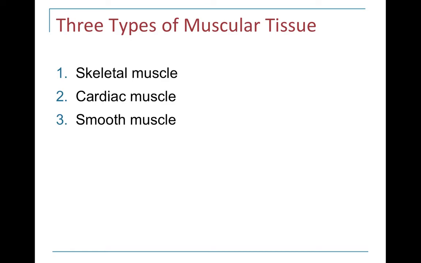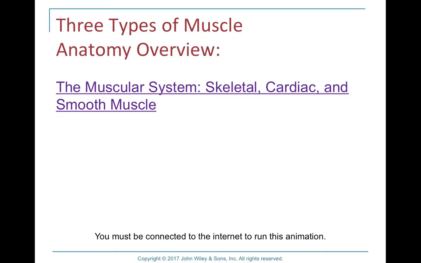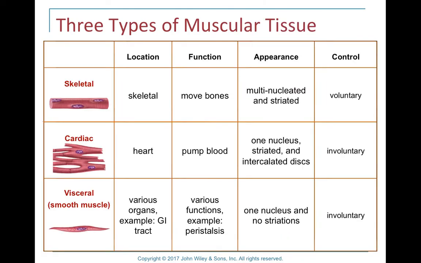Smooth muscle will be in our gastrointestinal tract, uterus, eye, blood vessels. Its function is peristalsis, a special type of movement, and it does not have striations, and it has a central nucleus as well. It is also under involuntary control, like cardiac muscle. So here's a lovely chart for you that gives you some of the basic functions, but most importantly,